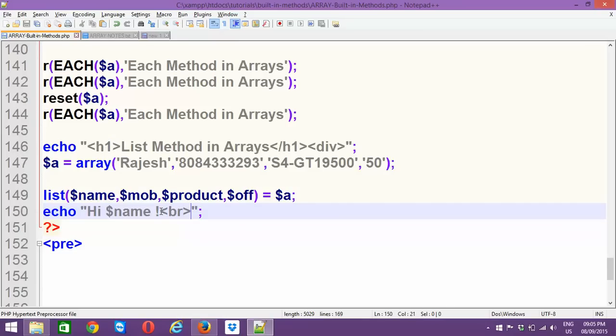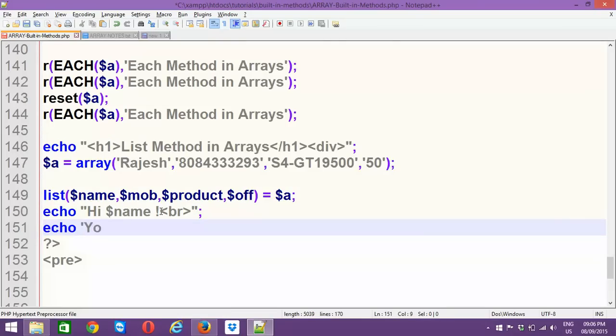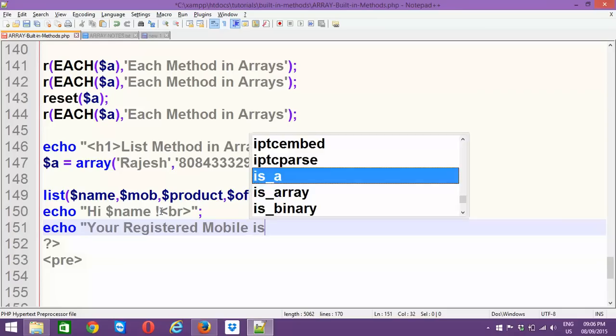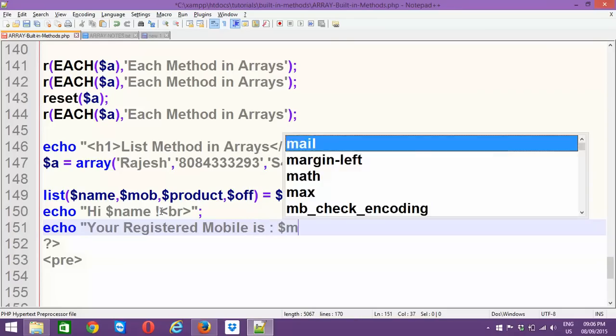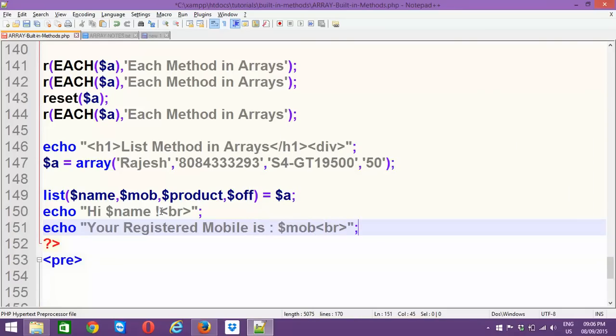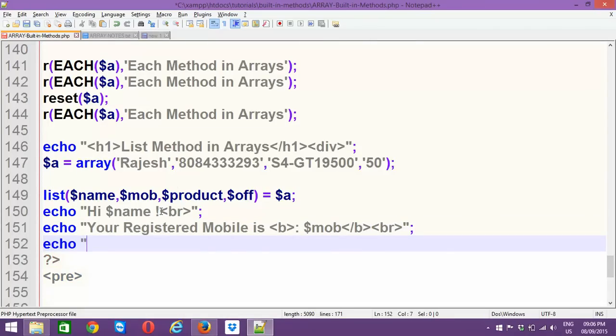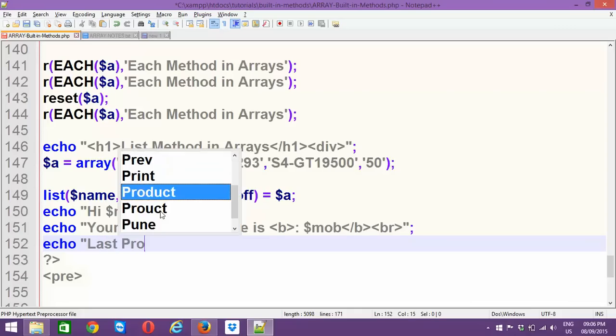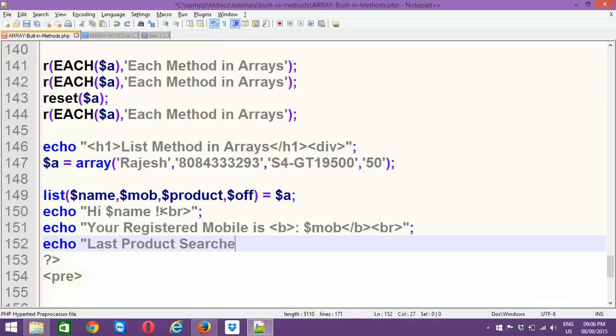And I want to do like this. Okay, and I'm going to go for this one, echo you have, your registered mobile is $MOB. So I'm going to break this again. This is what I'm printing. Your registered mobile is this, and I'm going to show the mobile number in the form of bold. Okay, and let's try to go for something called the last product. And we have to use double quotes anyways. Last product searched was